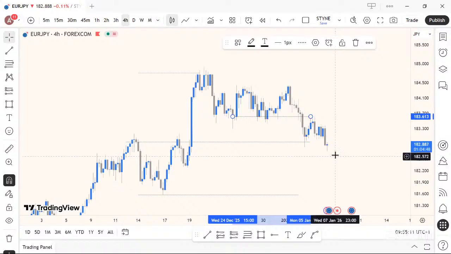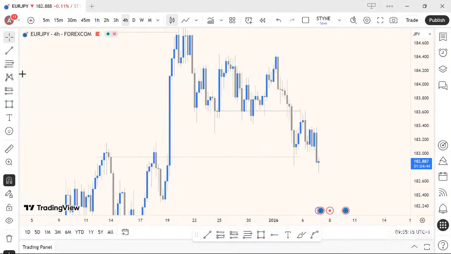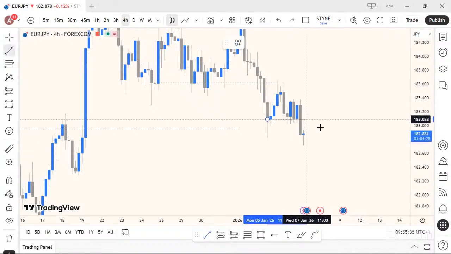We know our simple knowledge of support resistance. That's what's happening here. This is like a support zone, a strong support that has been invalidated, that has been violated with this candle. So more often than not, price will always come back to play with that zone before it continues the direction. Now, if you are vigilant enough, you'll see that the same thing is happening again at this point.